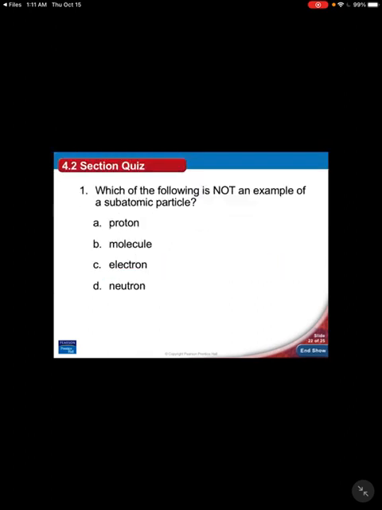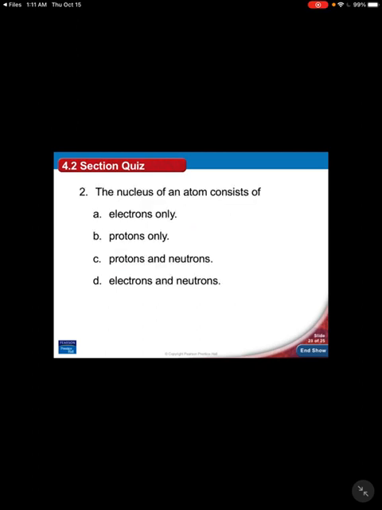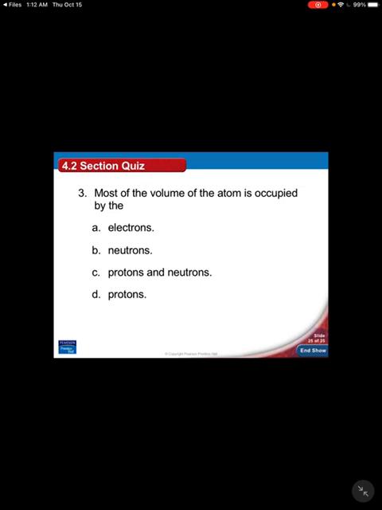So quickly, some sample test questions. Which of the following is not an example of a subatomic particle? You should know that there are 3 subatomic particles: protons, neutrons, and electrons. And a molecule would not be a suitable choice for a question like that. The nucleus of an atom consists of protons and neutrons. The electrons exist around the nucleus, and I must say the nucleus is extremely small relative to the total volume